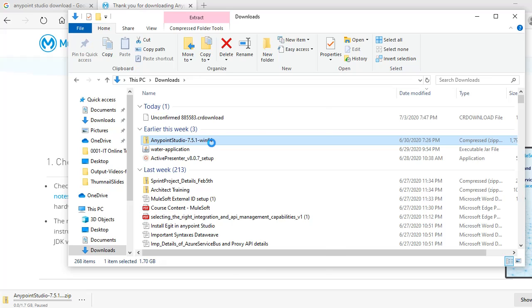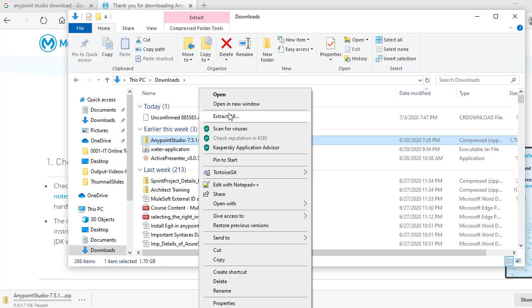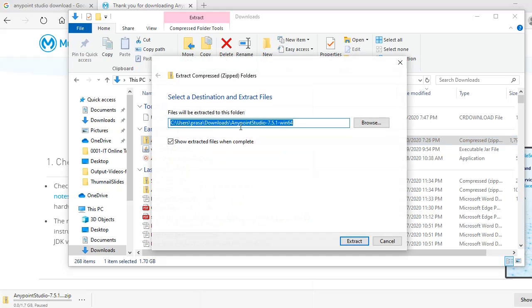Now what you have to do is right click on it and extract this zip. Here, Extract All is there. You can click on it and select a location where this file will be extracted.